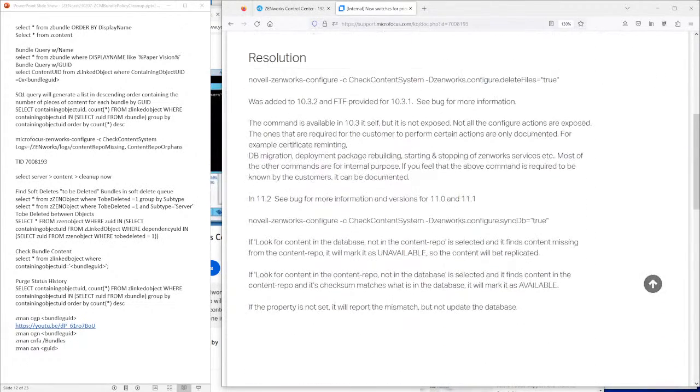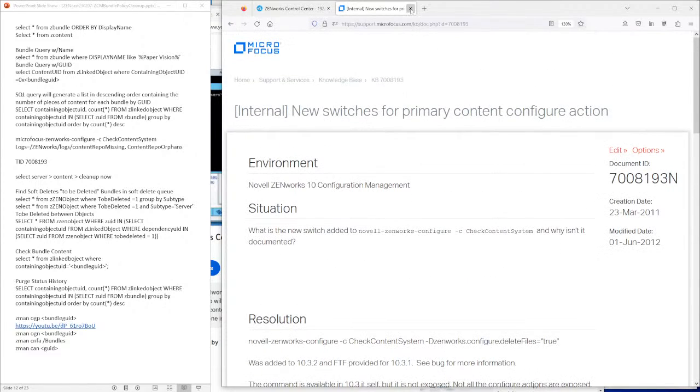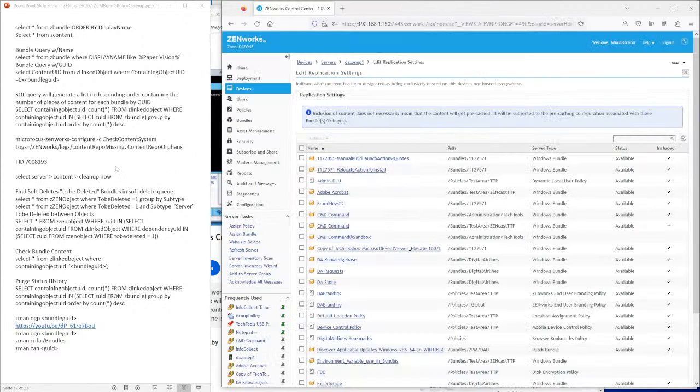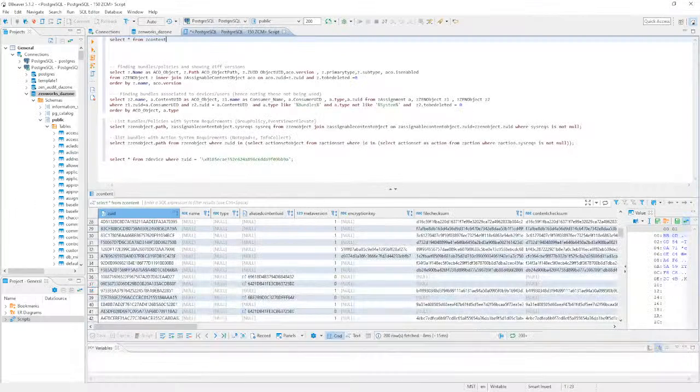Content configuration. So this is an older TID, and it's an internal TID, so that wouldn't really pertain. Bundle query with name. There's a couple of queries in here that I threw in for bundle query with GUID. So being able to see the GUID with the name, display name, select Z bundle order by display name. If we go back over to here,